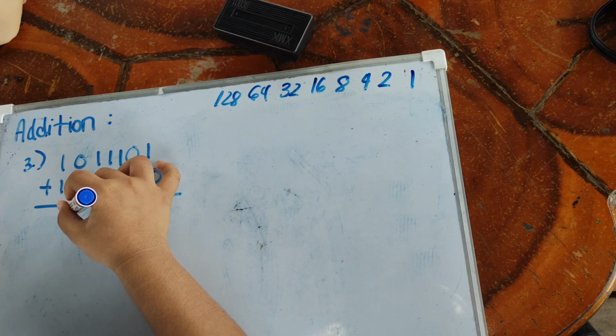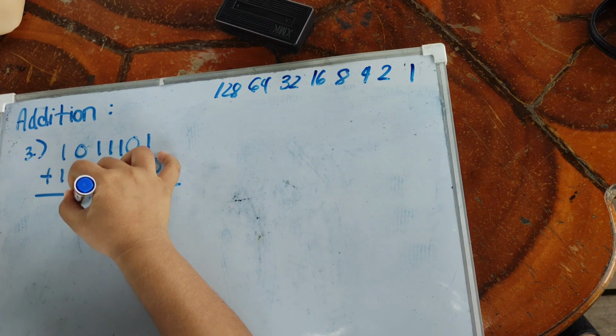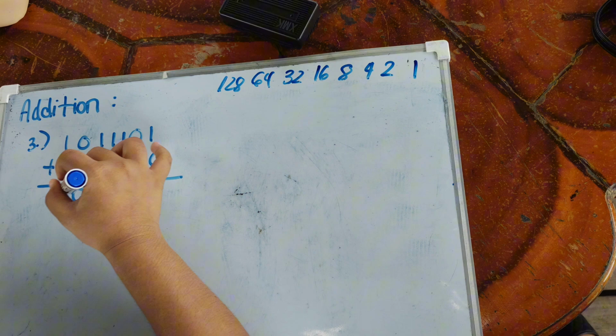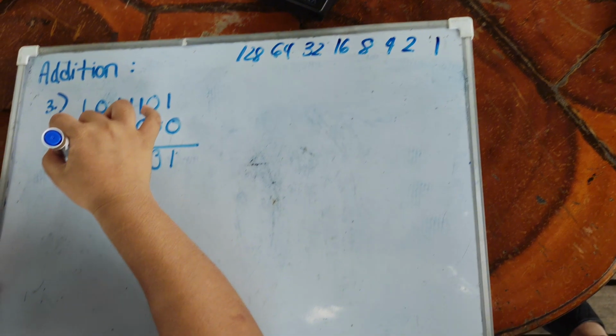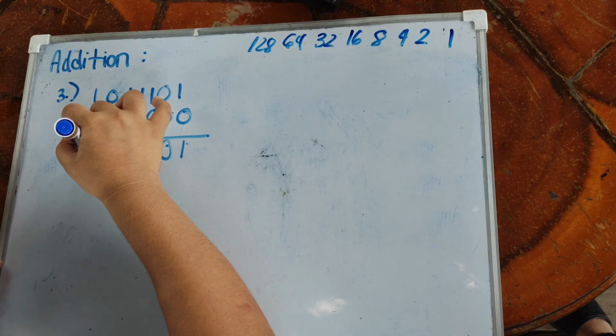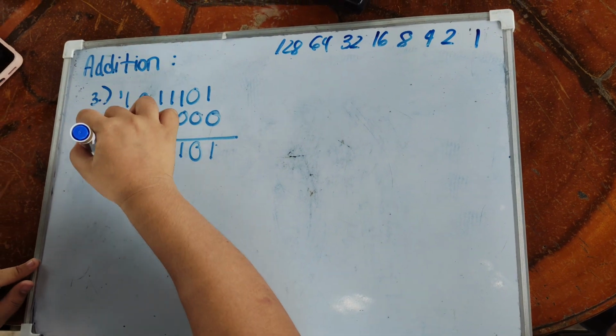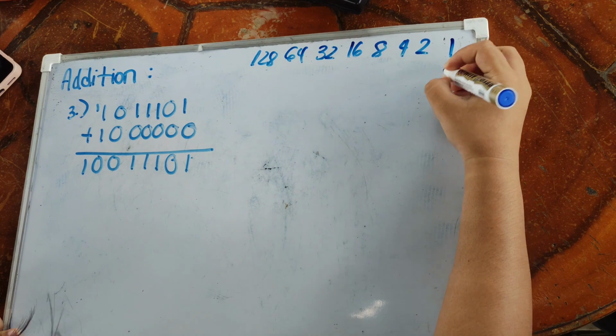And then lastly, to the last column, 1 plus 1, you write down 0. And there will be no carrying since this is the last column. You just copy 1 and then 0. Now let's convert the binary result